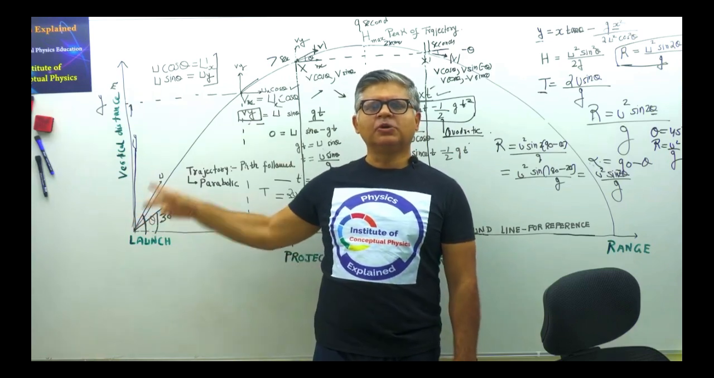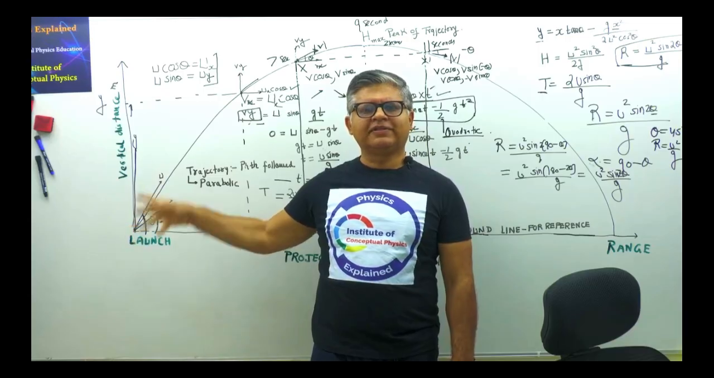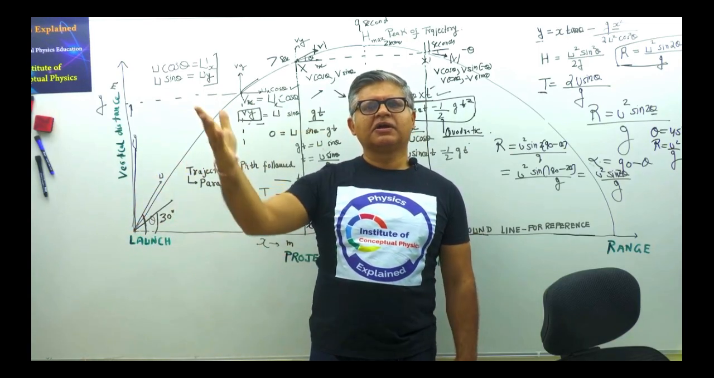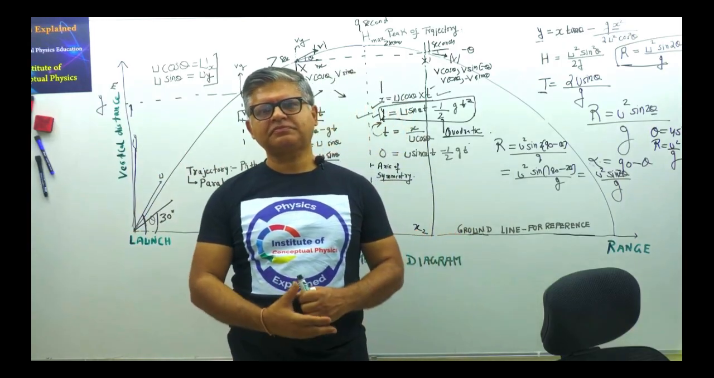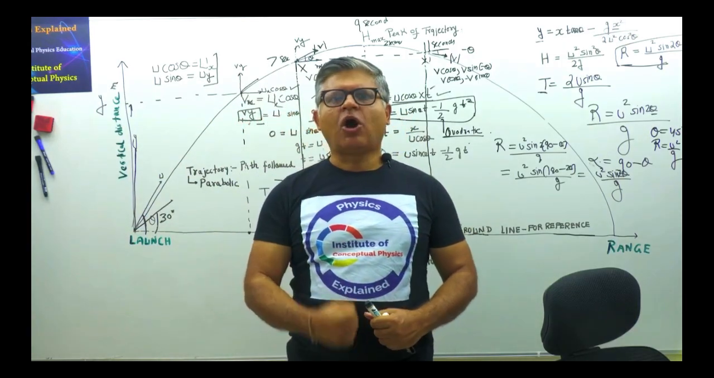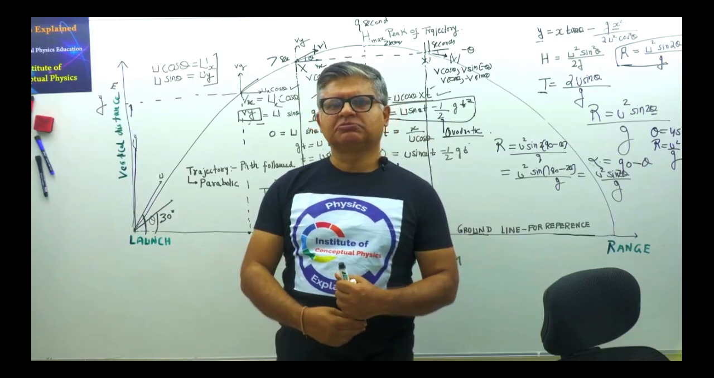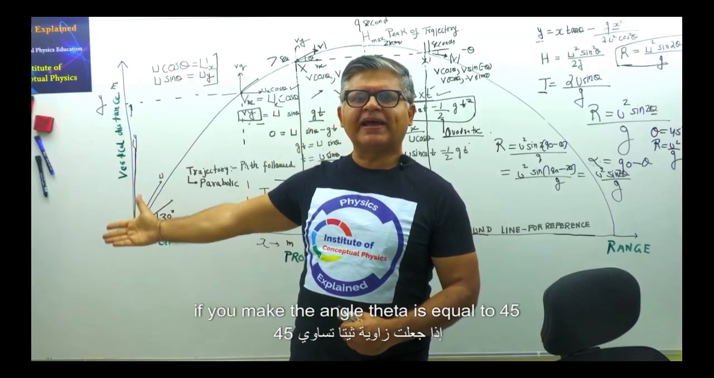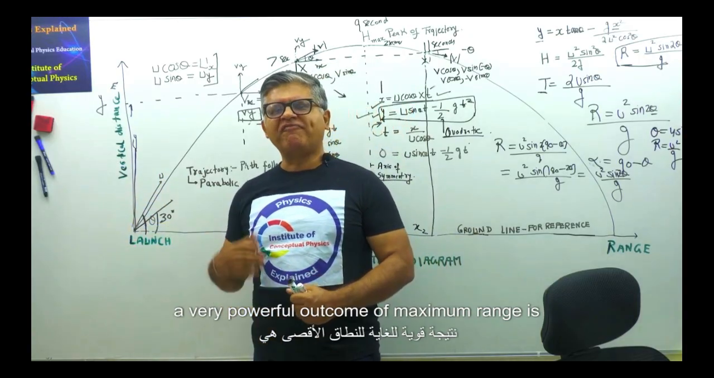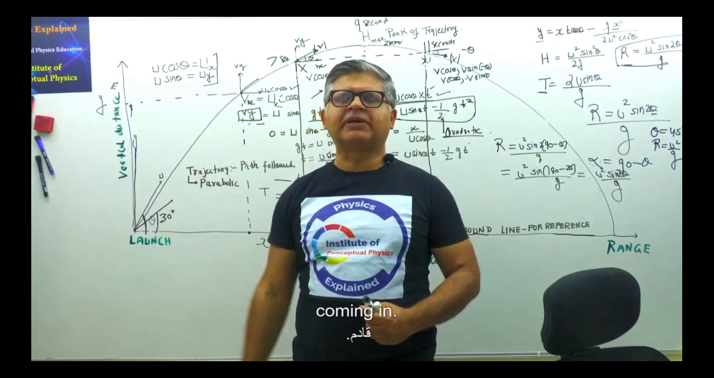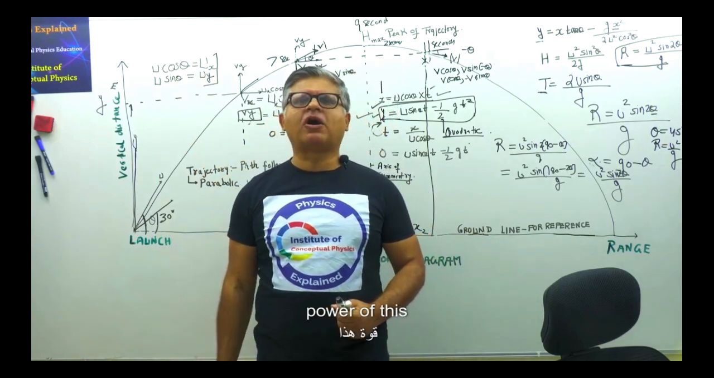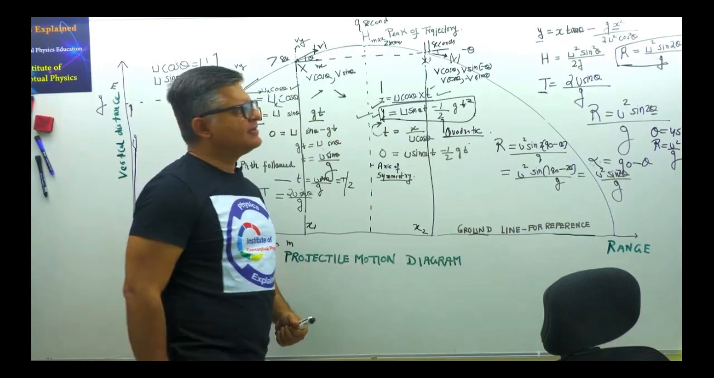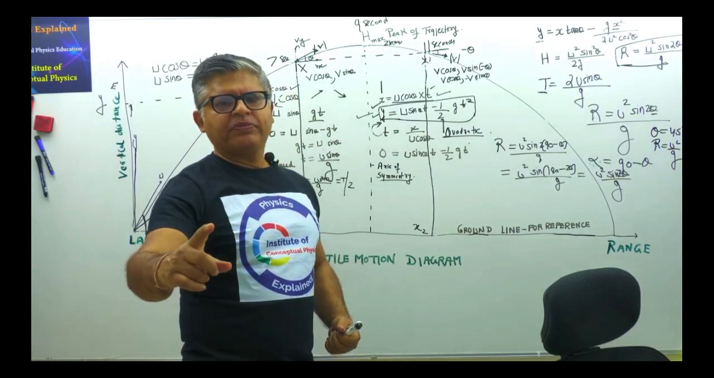The earlier discussion was complementary angle. This discussion also was about angle. You do something with the angle, results are different. So that is the power of angle in a projectile motion. But that's a point I'm going to discuss now. What is the power of this angle? You have seen, if you make the angle theta is equal to 45 degree, a very powerful outcome of maximum range is coming in. What exactly is the power of this theta? Let's discuss. The power of this theta is, if you increase theta,